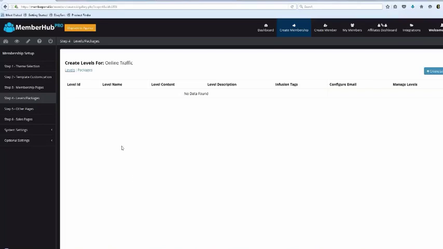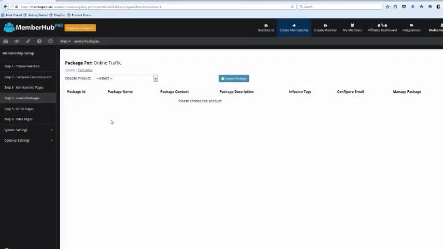Okay, here's where it gets complicated, Todd. Here's where I need your help. A package, guys, is where we take an individual product and we break it down into different access points. So Todd might have Green Screen Profits as a product, not a membership, but a product. So let's call it Green Screen Secrets.